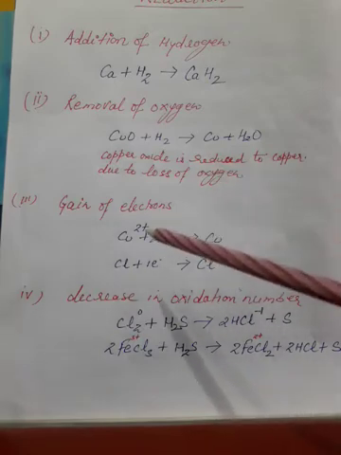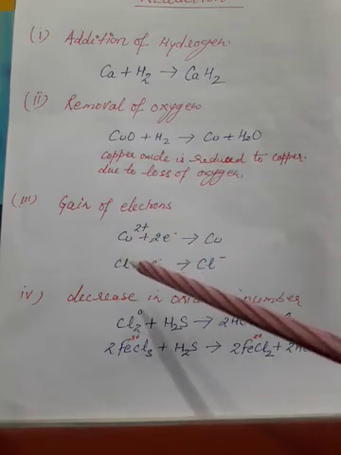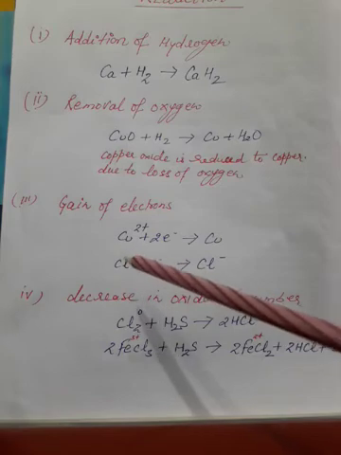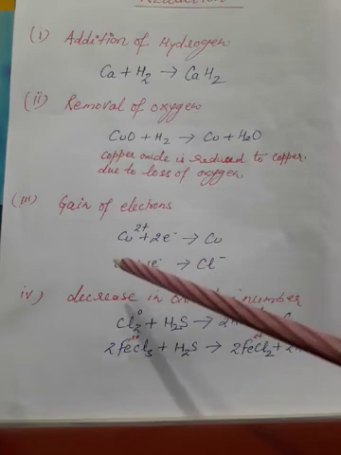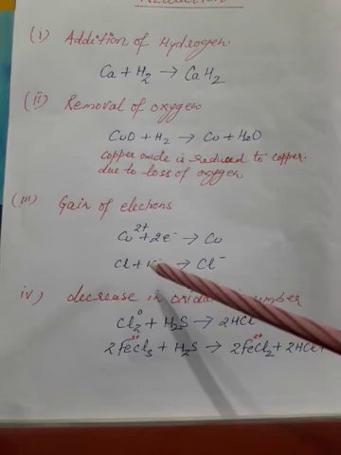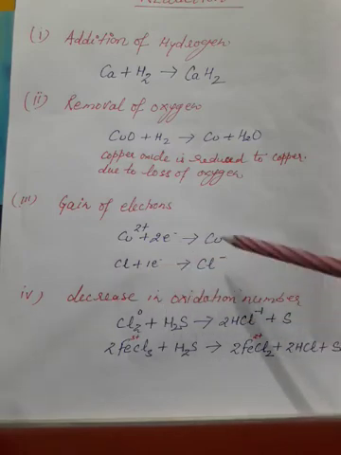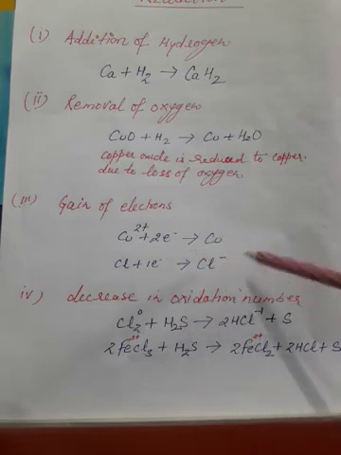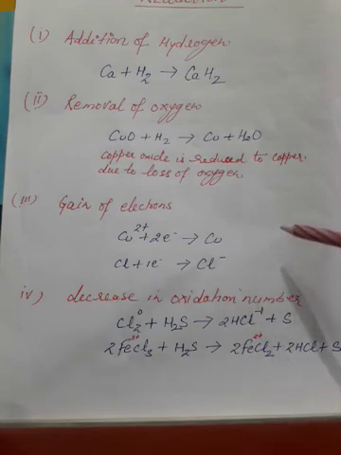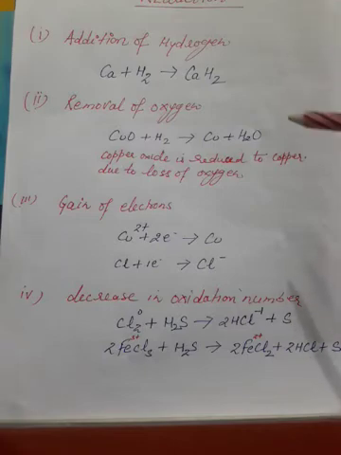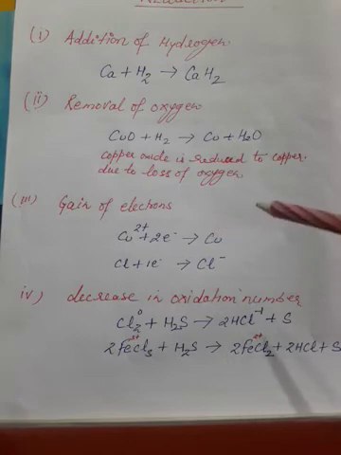Second example, I have taken a chlorine atom. What is the electronic configuration of chlorine? 2, 8, 7, one short of octet. So it will gain 1 electron to form chloride ion with a stable electronic configuration. So here which process is taking place? Reduction. Okay, these two are examples of which reaction? Reduction reaction. So according to the electronic concept, how to define reduction? Gain of electrons either by ions or by atoms is considered a reduction reaction.